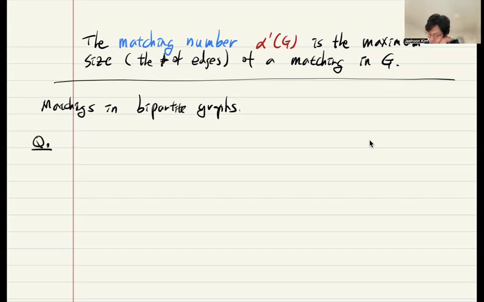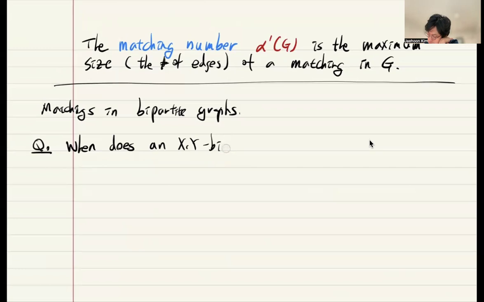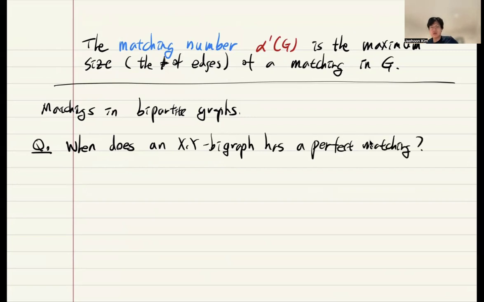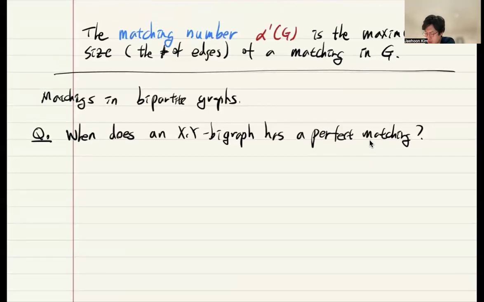And so what's the question? Question is that when does say XY bipartite graph, whose one part is the set X and the other part is set Y, when does it have a perfect matching? This is natural question. And for that, let's